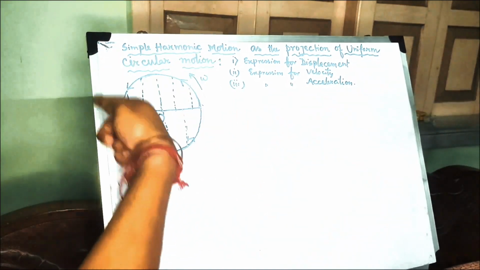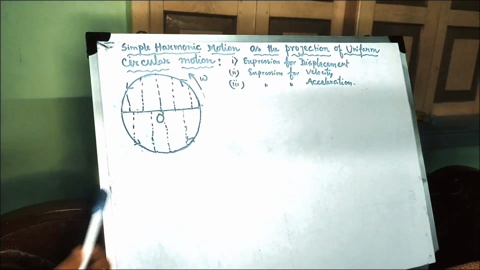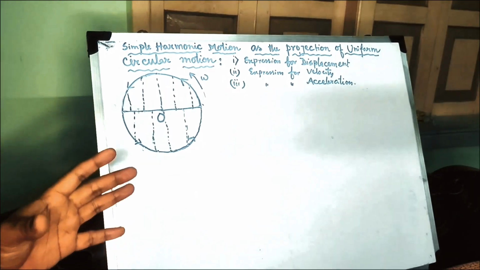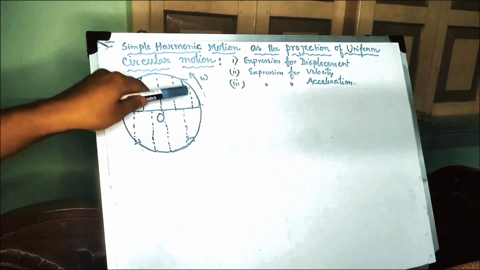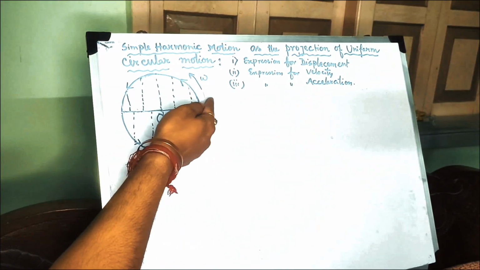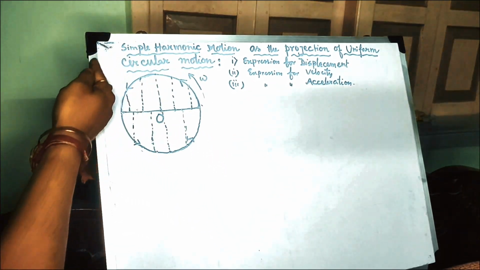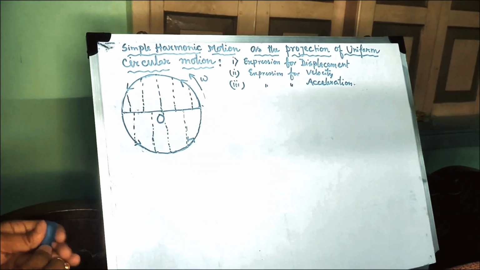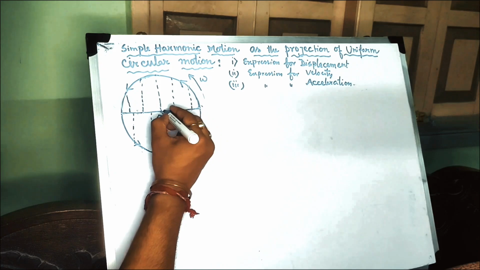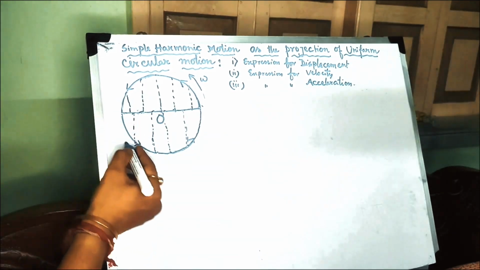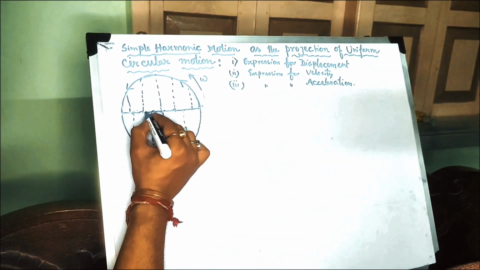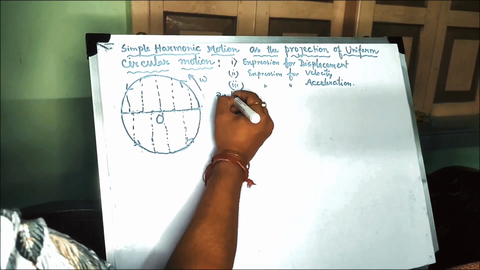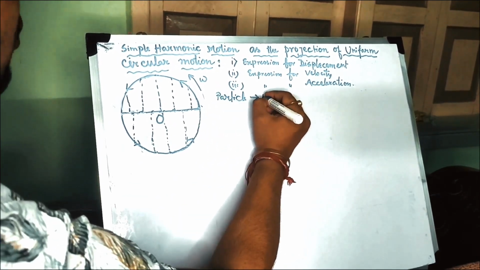The particle is actually moving in a circular track, circular path, but at every point its projection is just like, you can assume, a shadow. The shadow of the particle is falling on the diameter at this point. So when the particle is gradually moving anti-clockwise in the upper half cycle, at each and every point the projection is coming from right to left. Now for the lower half cycle, the projection is again going from left to right. So that means the particle is having uniform circular motion,